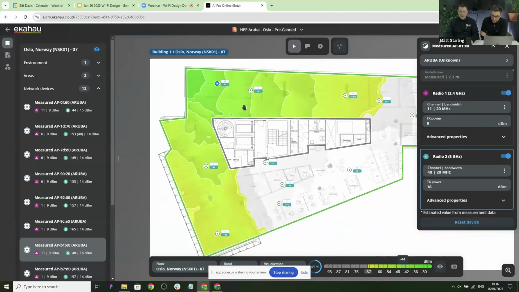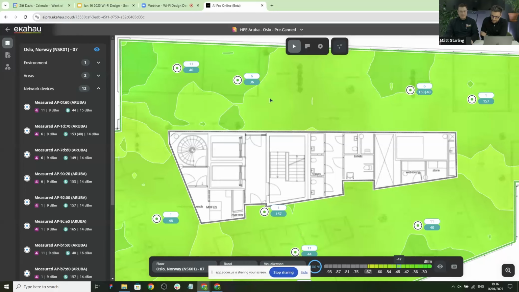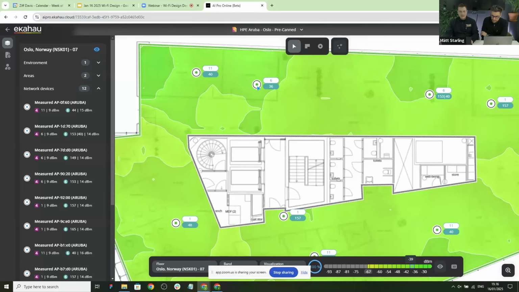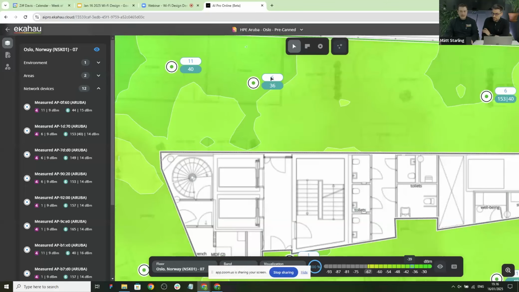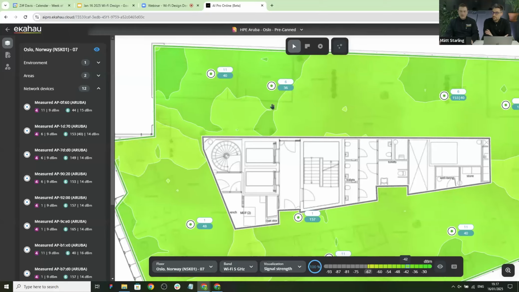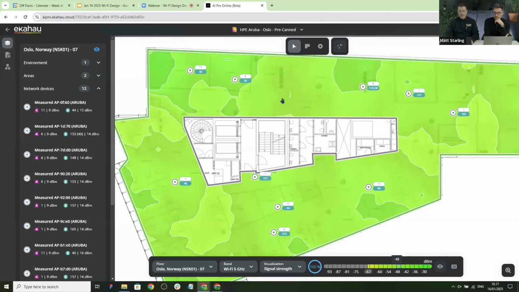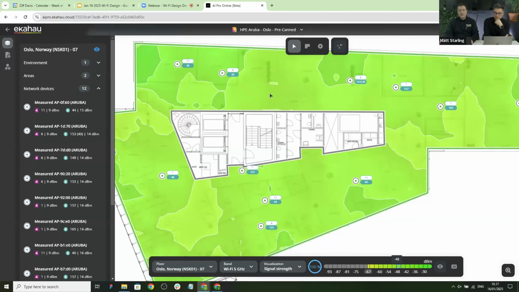So on that note, you see that in this project, we have only 2 bands, 2.4 and 5, right? So the APs here are quite outdated maybe. So what we want to do here is simulate what will happen when you actually try to replace those 2-band APs with a tri-band AP.